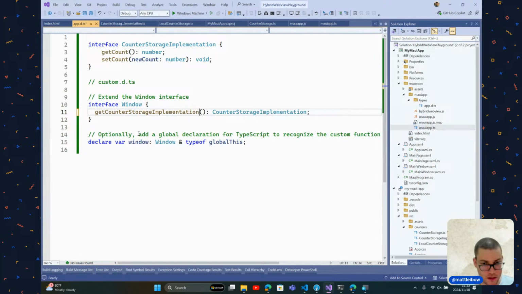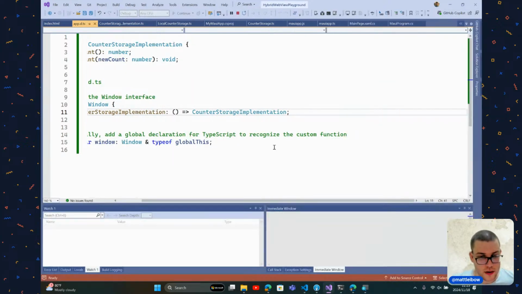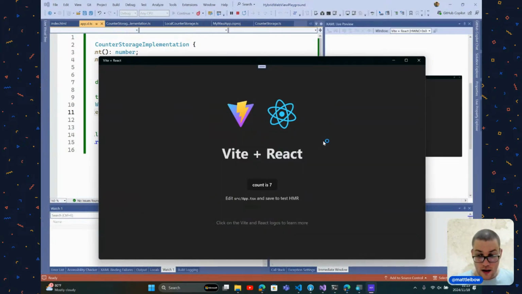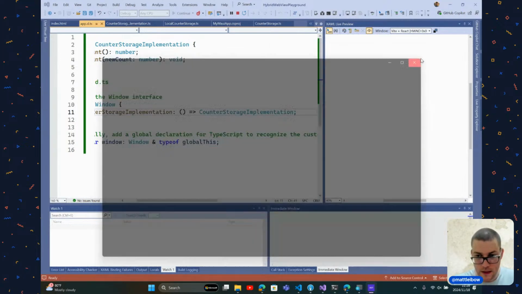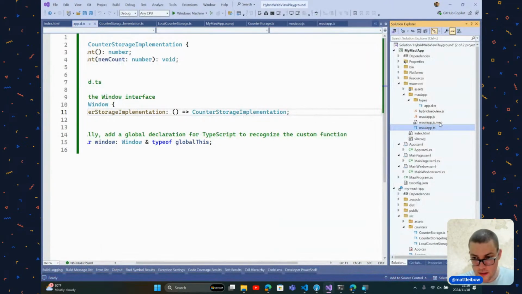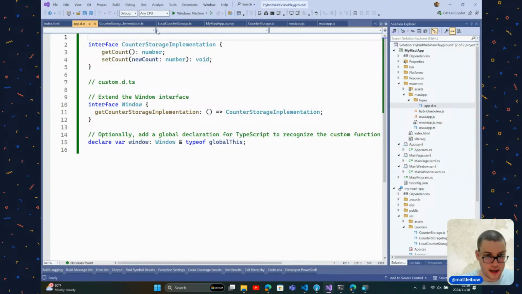Okay. Maybe I was right all along. Getting closer. It's exploding less. Yay. So now we run this, we should be able to do window.get, no, get. I didn't actually set it, Matthew. So in here, I have declared interface. This is the interface we're working with. This is copied from